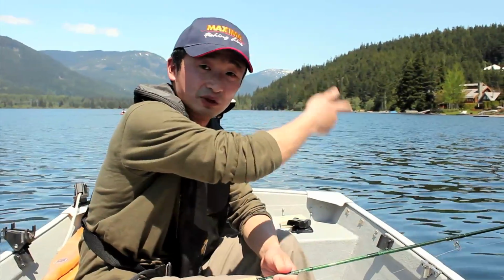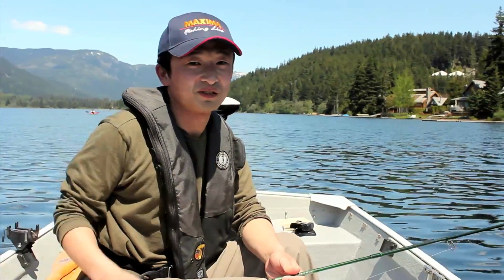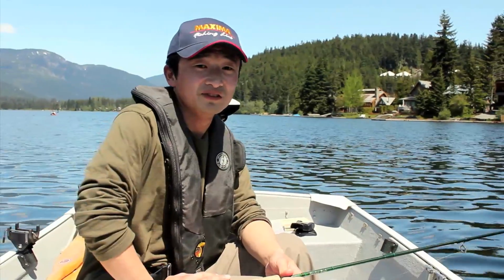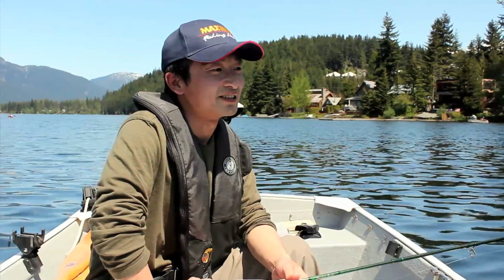As soon as we got out here, the boat launch is right there, and we could see fish rising everywhere because the lake has warmed up. The fish are just becoming rather active, so pretty excited. Decided to anchor not too far from the boat launch, as you can see, and hopefully we'll get some of